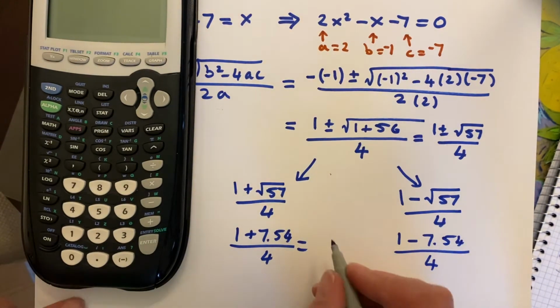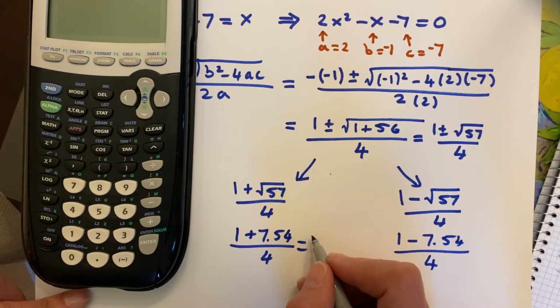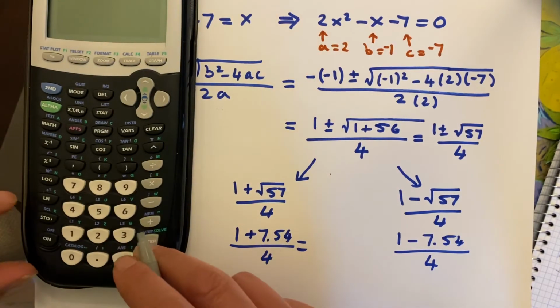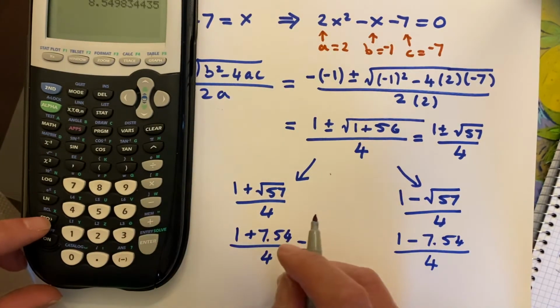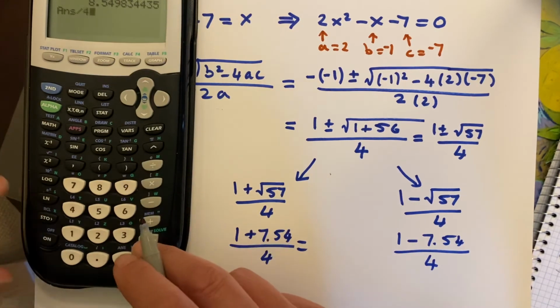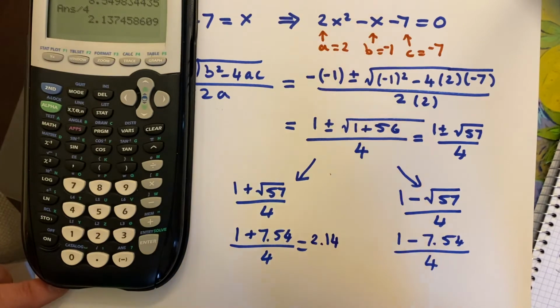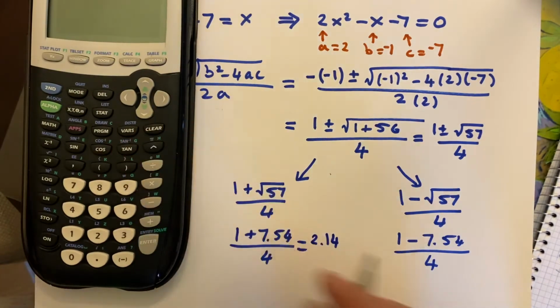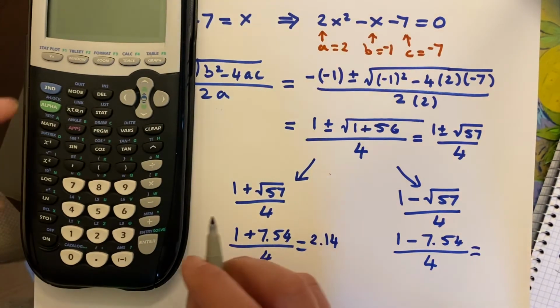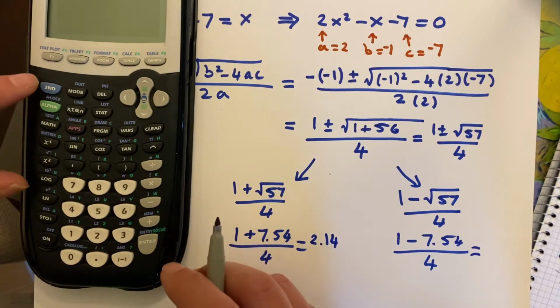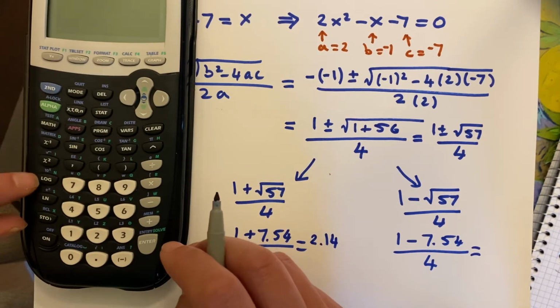When I do this, I get 8.54. So I'm going to add a 1. I'm going to divide by 4, and I'm going to get 2.14 over here. I'm going to do the same over here, and I'm going to again get my square root,